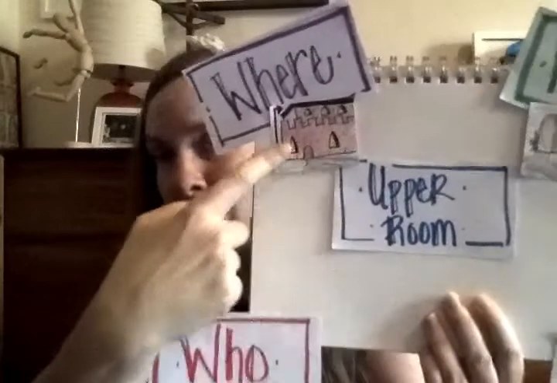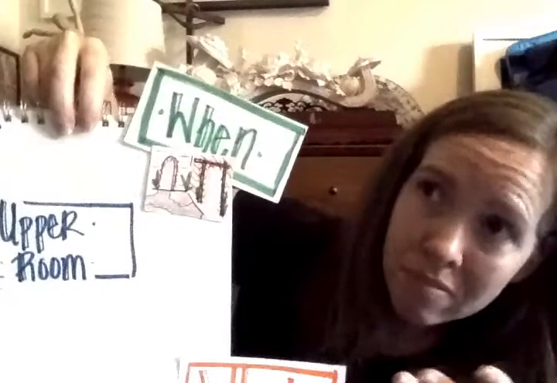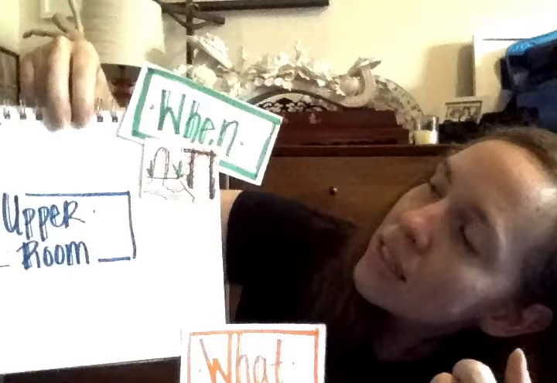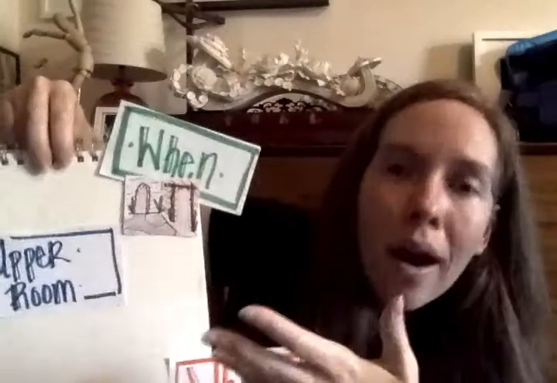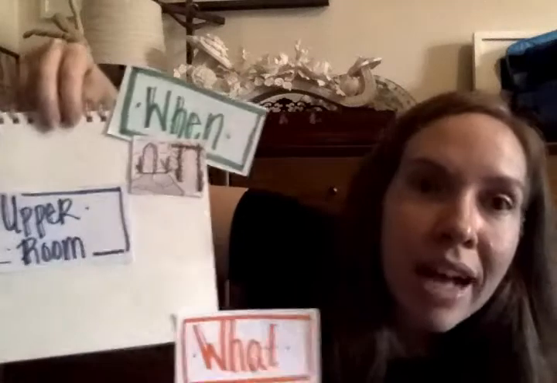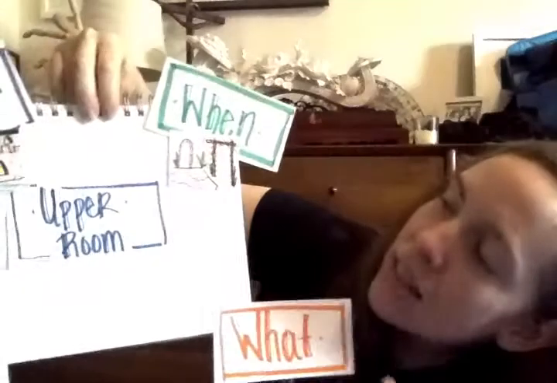And I looked online just to check. This year, Passover is already passed. It's in the spring, and it's going to be in March this year. So I looked that up just to see. So we know that the upper room is an upper room in a house. The house is in Jerusalem. We know that when they were celebrating, because it's the time to celebrate Passover, eat the Passover meal. So that goes into why this is happening, why they're having a Passover meal, why they need the space to do that.